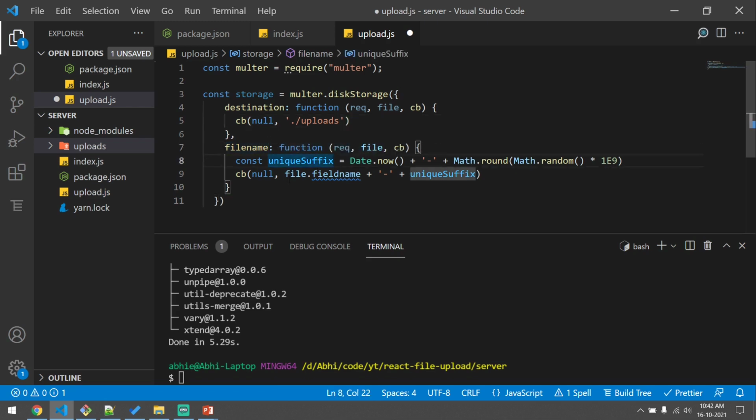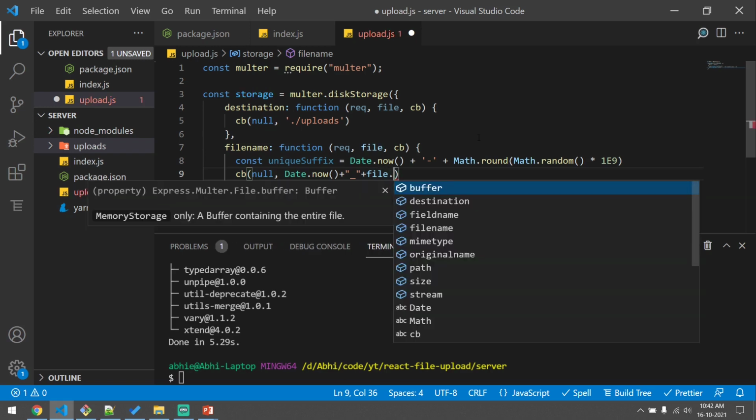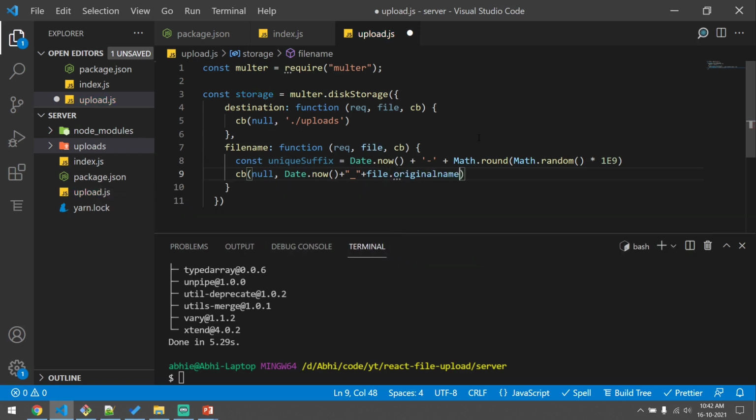We don't want to give the file name like this. What we need is to have a date prepended so that if a user uploads the same file, it doesn't get replaced, and we will save the original file name like that. We can get that by calling file.originalname, and we will just remove this line here.